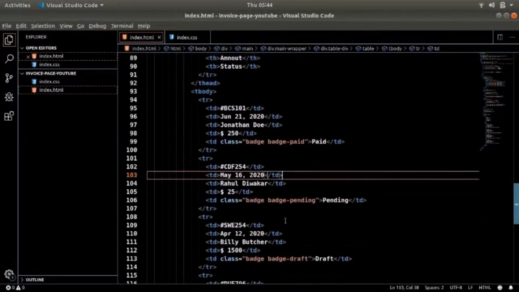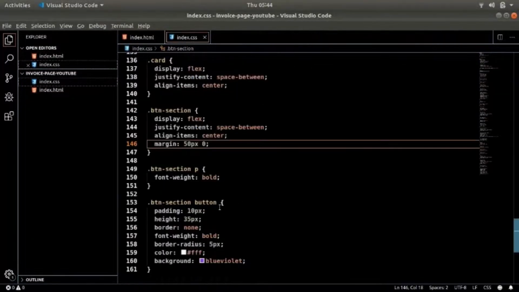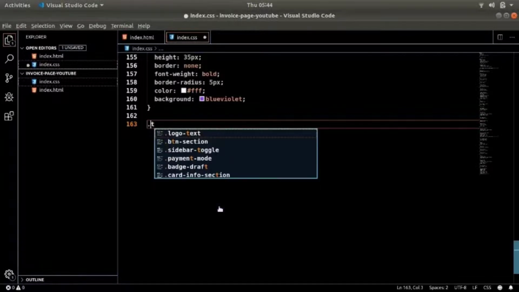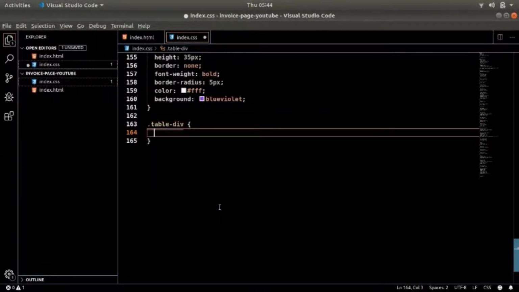Okay, moving ahead. So now we need to style them. So let's first see what class names we have. We have a table div, and then we can just go in through the table div. So the first thing I need to do is style the table div itself.